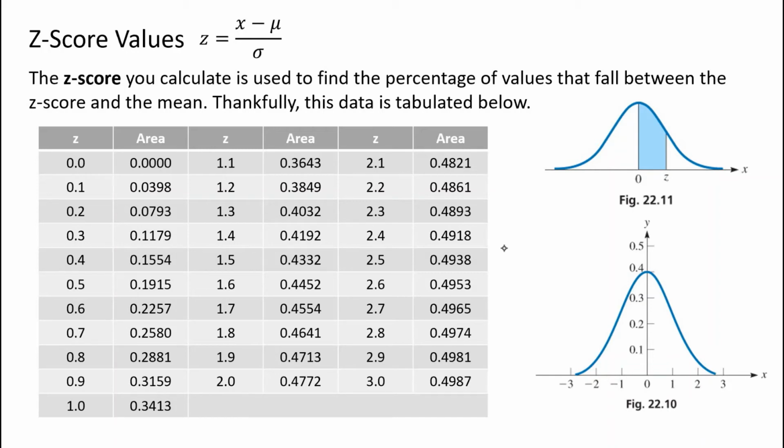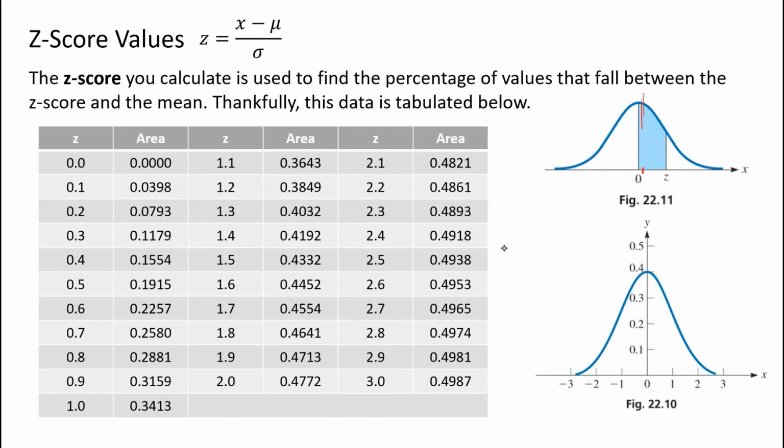But a z-score of 0.1 puts us just past the mean here, which is 0, or the middle value. So that's finding the area from the mean value 0 up to that point, 0.1. So there's a little sliver of area. Now we don't calculate that. That would be calculated by integrating, which we're obviously not going to do in this course, but you get a value of